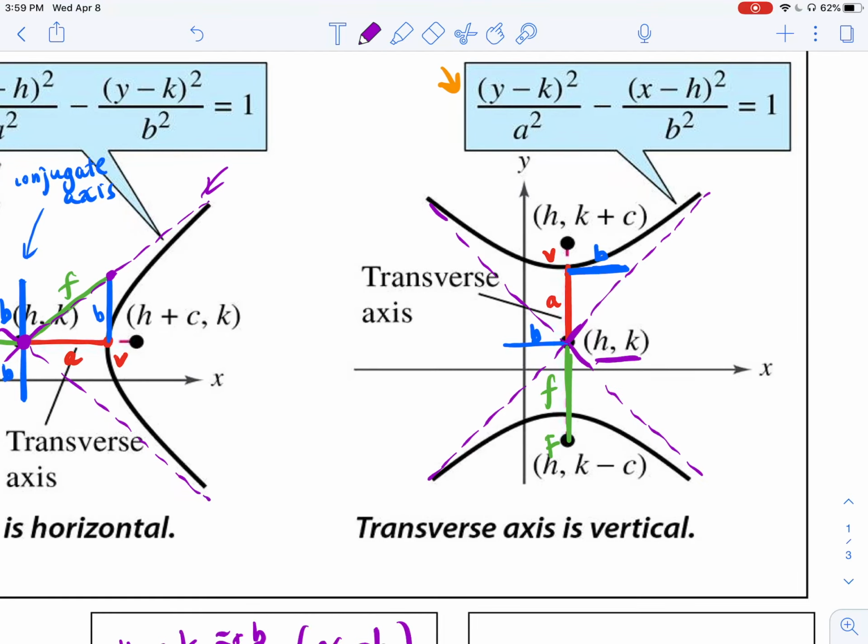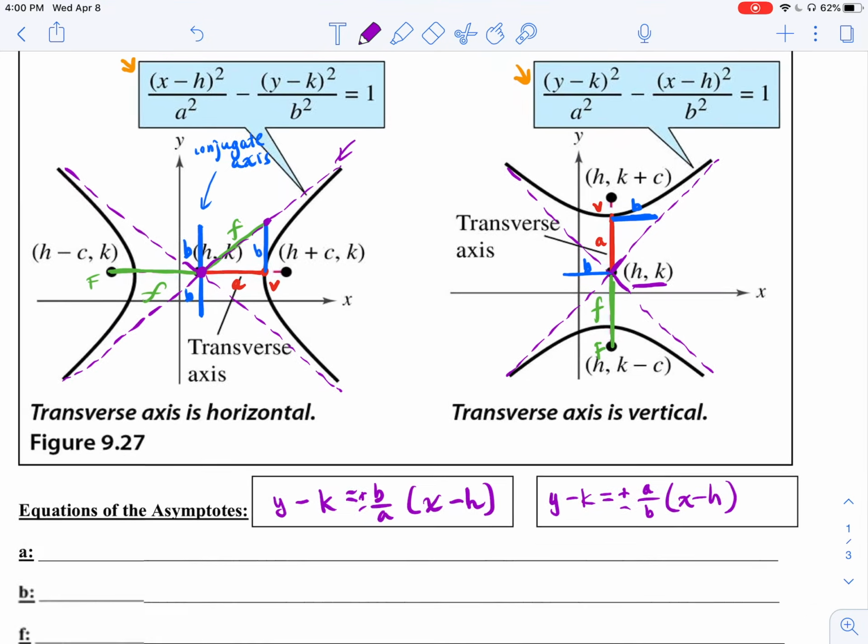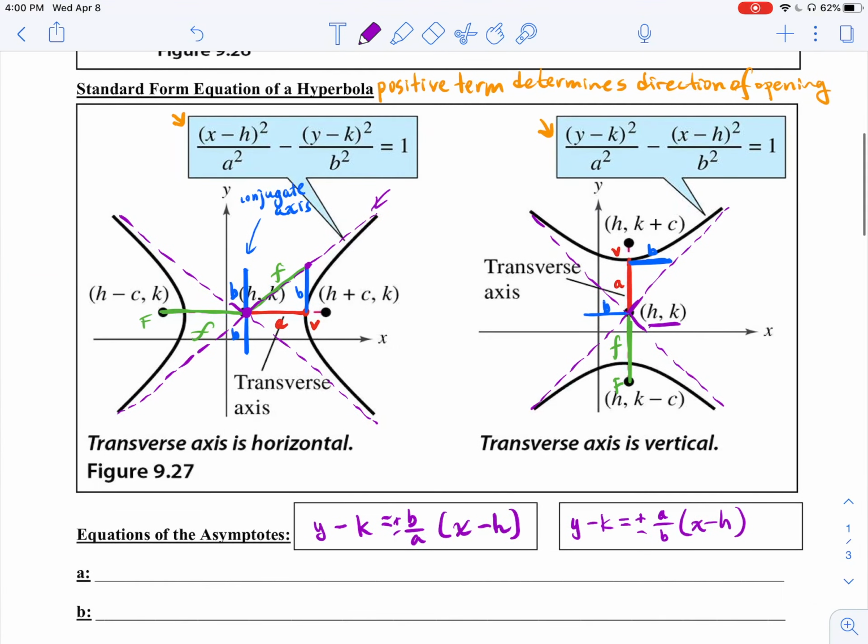And what would the equations for those asymptotes look like? Again, using my center as my point, we would say y minus k is equal to plus or minus, and because now my transverse axis is vertical, I can then say my slope is going to be a over b, plus or minus x minus h. So really, once you have your asymptotes, the hyperbola is fairly simple to draw because that assumes that we know our a and b values,